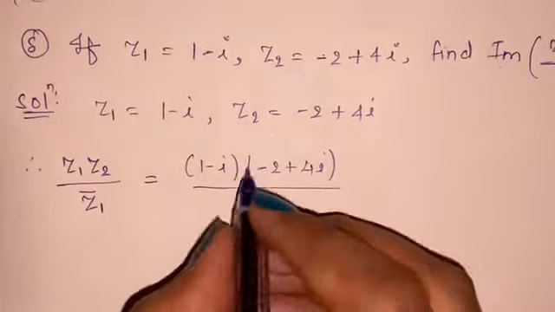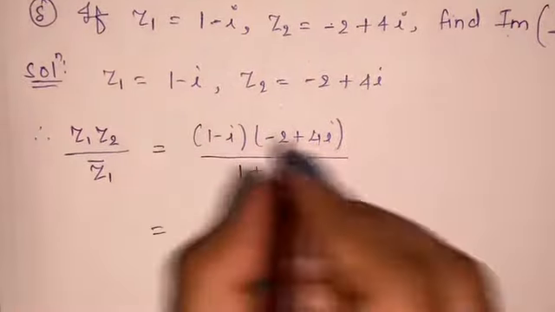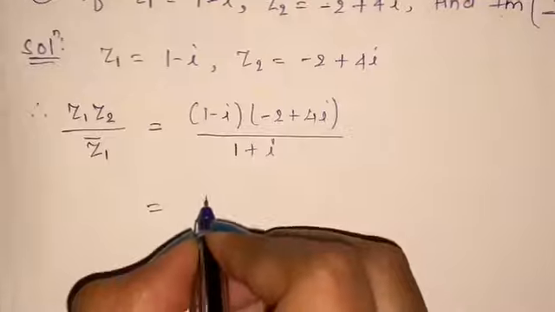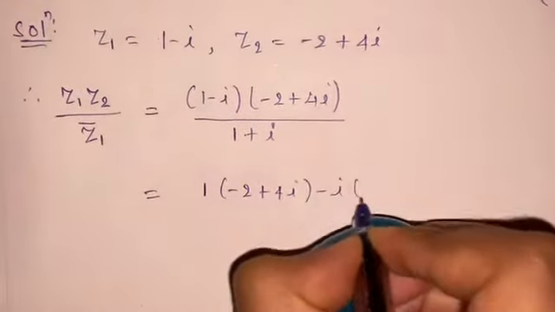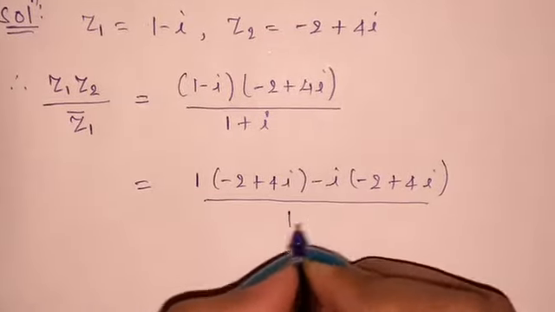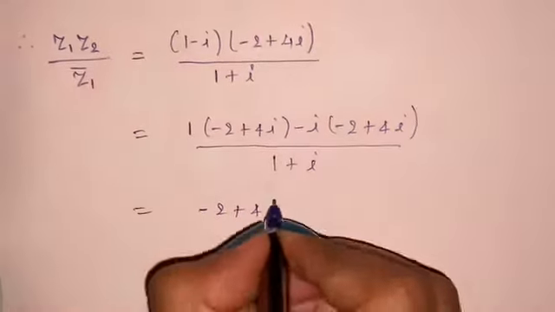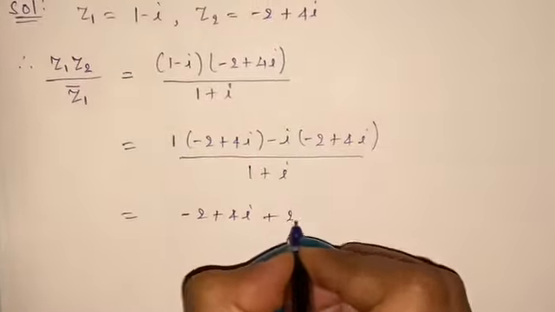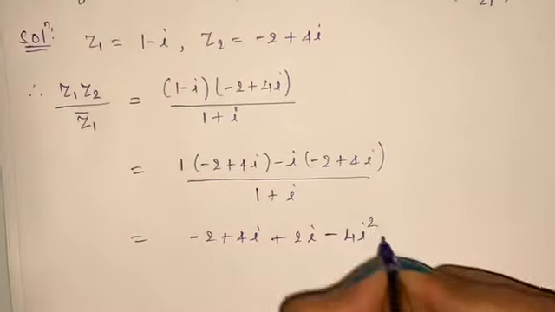What is the conjugate of 1 minus i? 1 plus i. Now solve this bracket: 1 into minus 2 plus 4i, minus i into minus 2 plus 4i, upon 1 plus i, is equal to minus 2 plus 4i minus minus plus 2i minus 4i squared